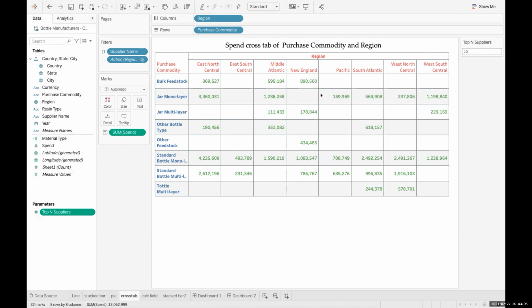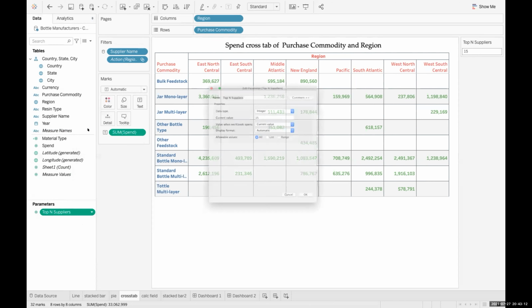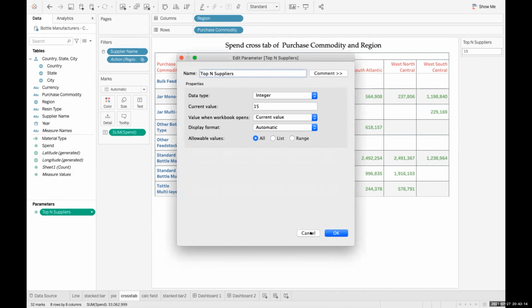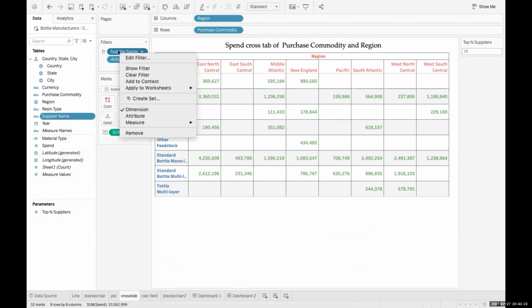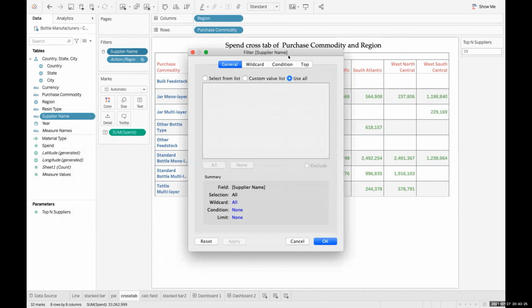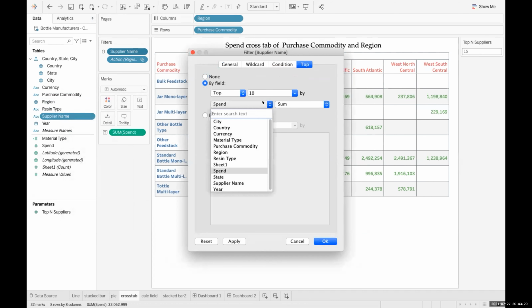In this one, I have created a parameter and I have assigned it to this particular one. My question here is, if I give the top N, why is it automatically selecting the sum of this?